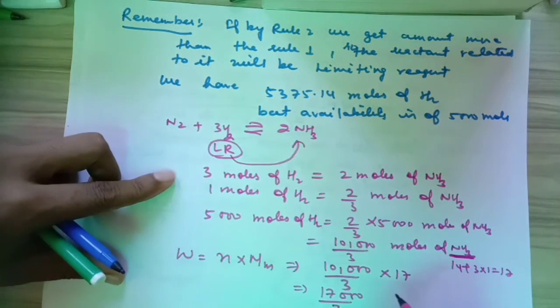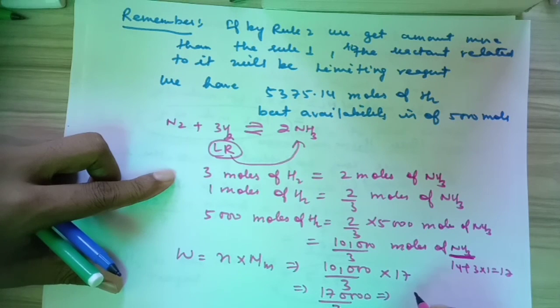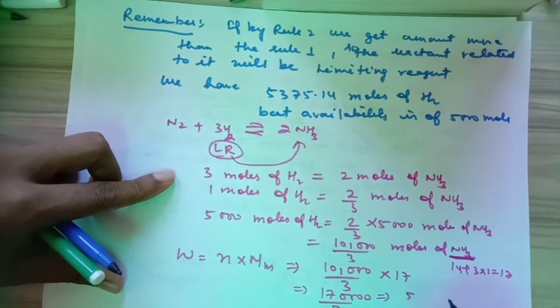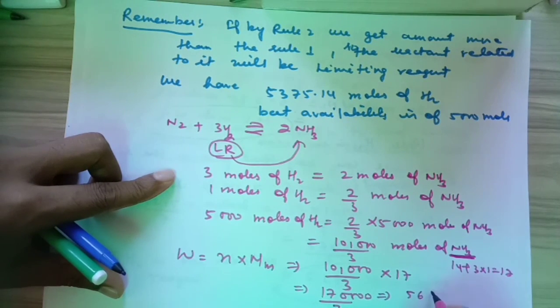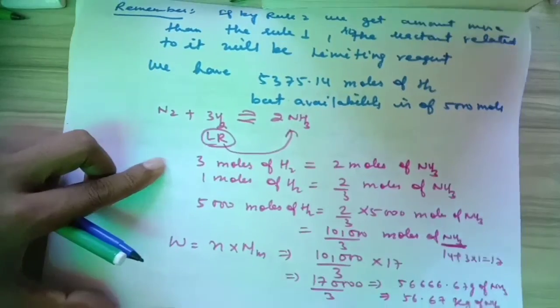So we'll get 56666.67 gram of NH3. Or we can convert it into kg. It will be 56.67 kg of NH3. So in this way we can find